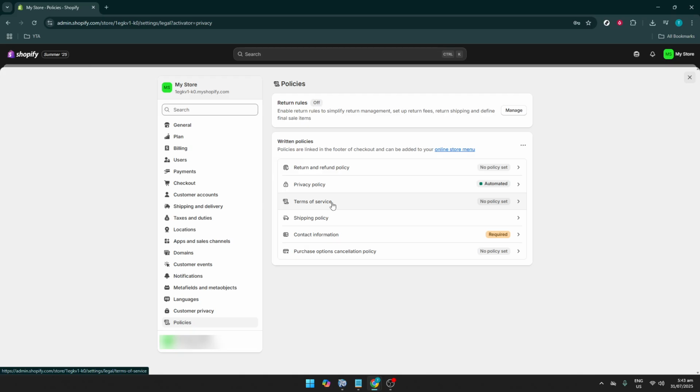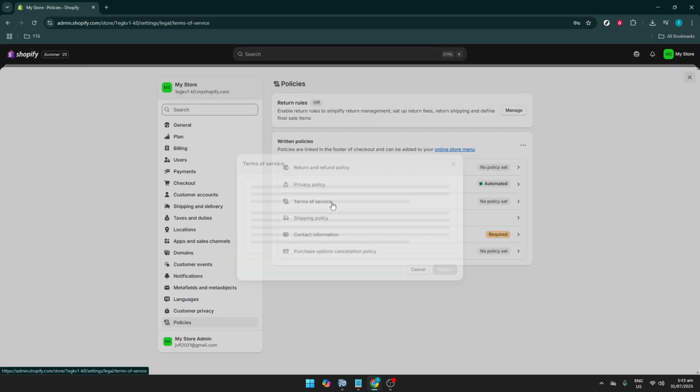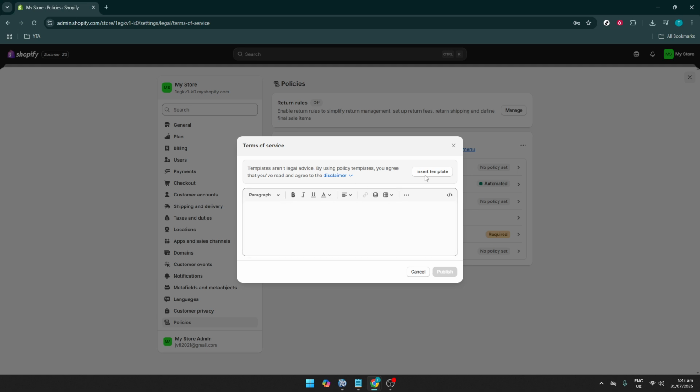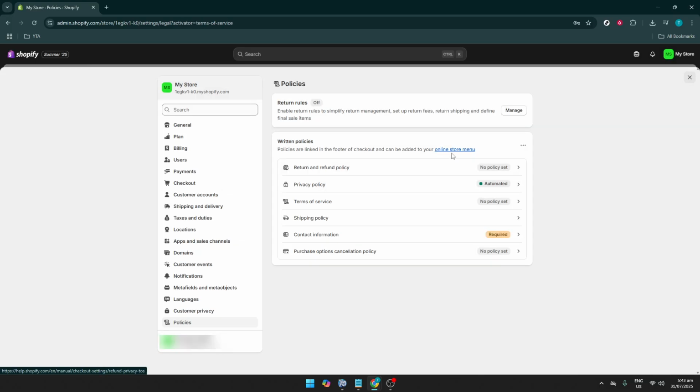The next step is to navigate to the Terms of Service. Like the privacy policy, having robust terms of service is beneficial for your overall shop setup. This step is essential because it helps customers understand the rules of using your site, purchasing products, and how you handle their data. Finally, after completing these sections, revisit your shipping policy to ensure it aligns with the other policies